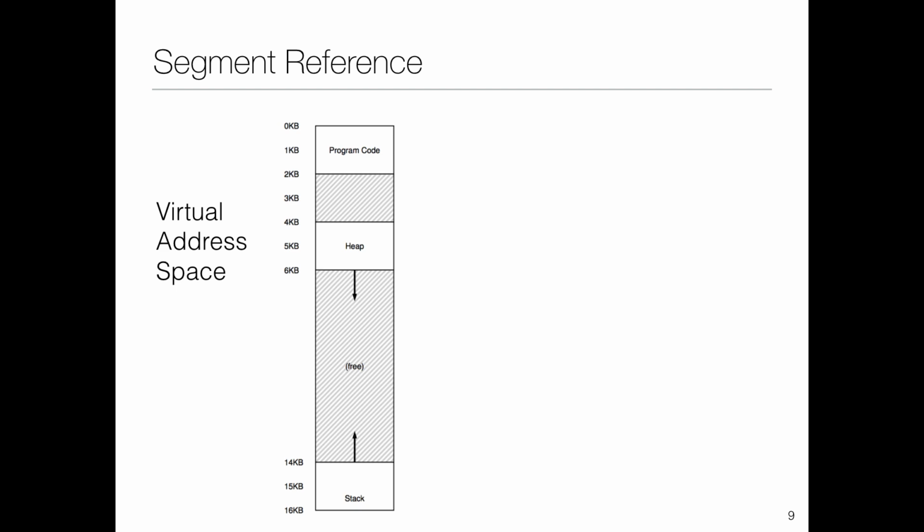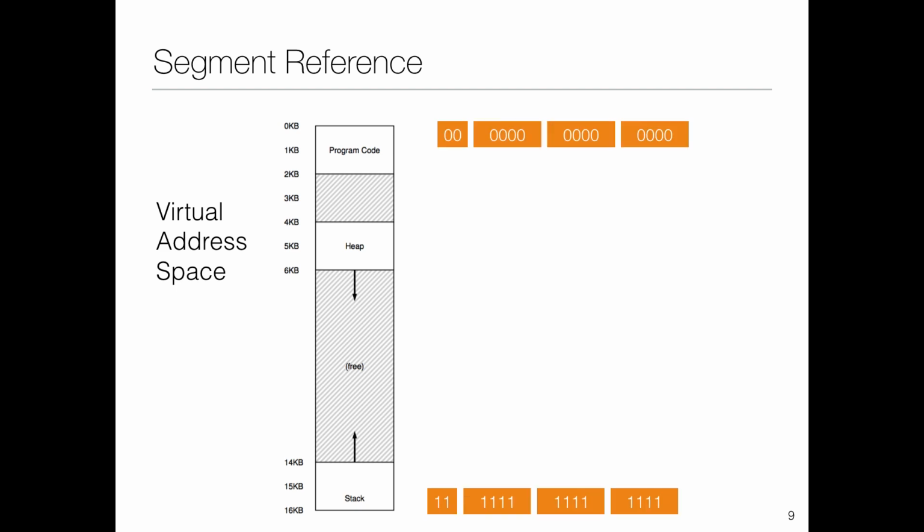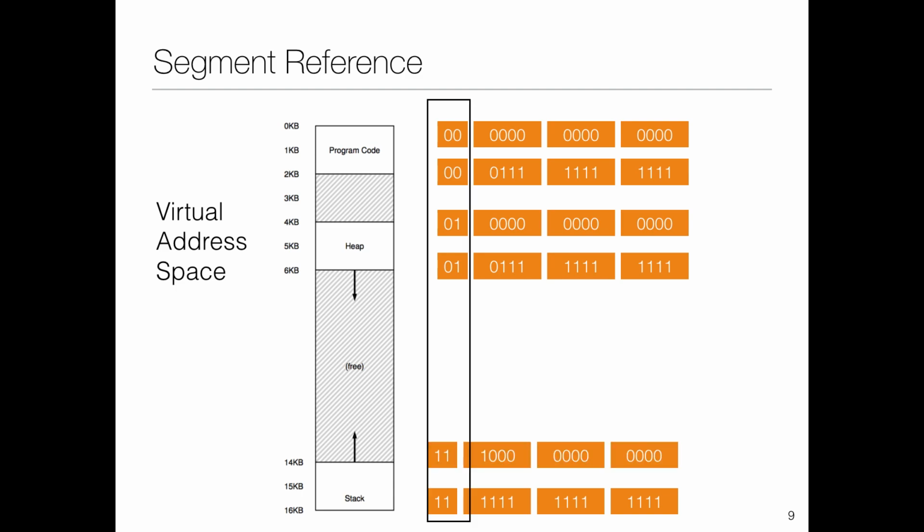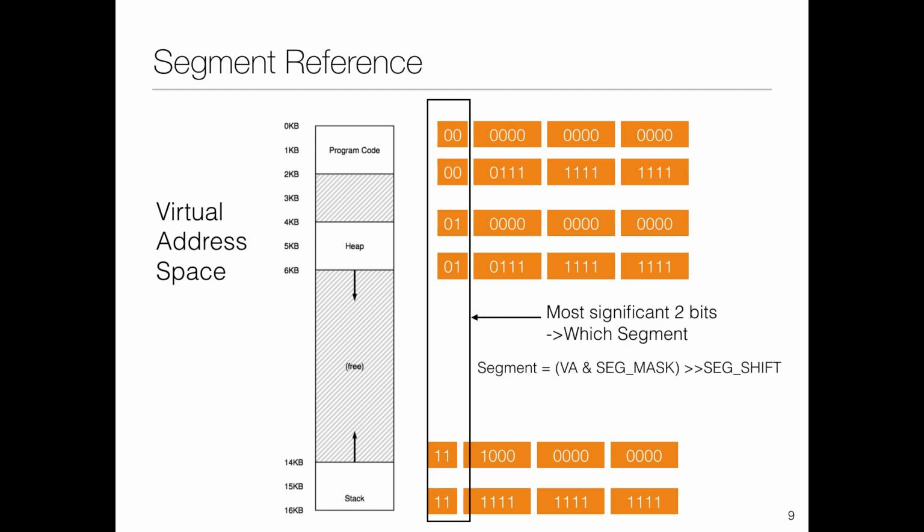We looked at how to get which segment an address belongs to at any given address, plus what the offset is. We started with which segment each address belongs to. We looked at the fact that we require the top 2 bits in this case because we have 3 different segments, although we could have also had 4 different segments being addressed by 2 bits. So the most significant 2 bits tell us the segment. The remaining bits tell us the offset.